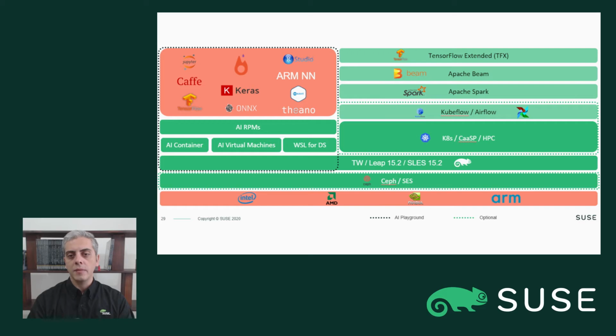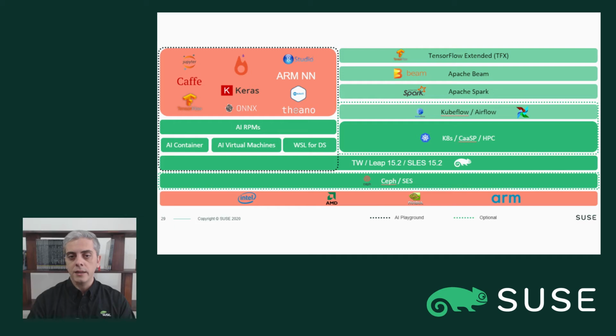So after all this walking and climbing, what does the architecture contemplating both the developers and the operators look like today? Well, if you look at the diagram that I'm showing you here, on the left-hand side, enclosed by a blue dotted rectangle, we can see the AI playground, what I mentioned to you as being the playground. At the very top, in the light blue area, we can see the frameworks, the tools, the libraries, all those tools that are very well known by data scientists and that they basically use on a daily basis.